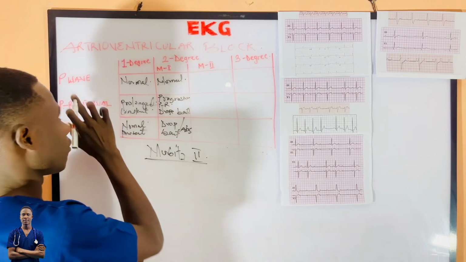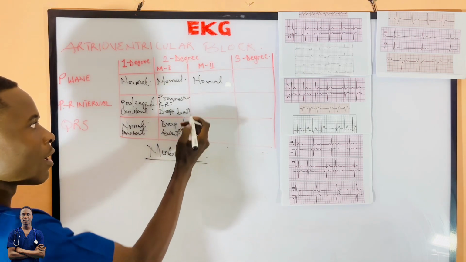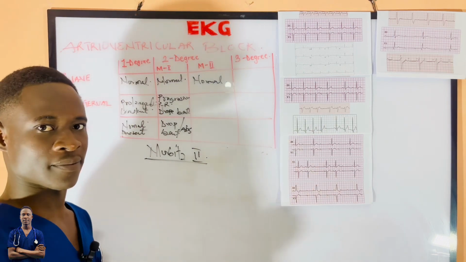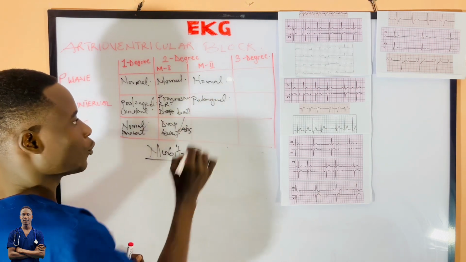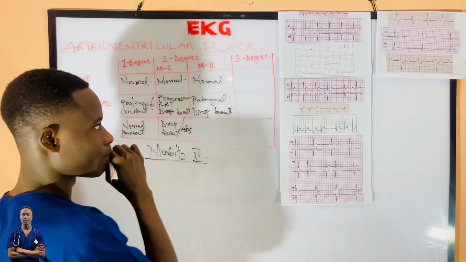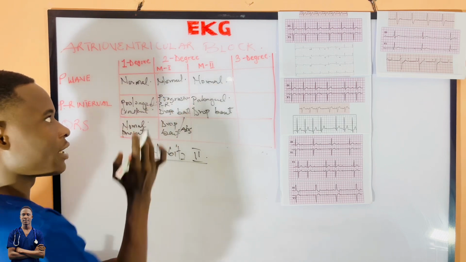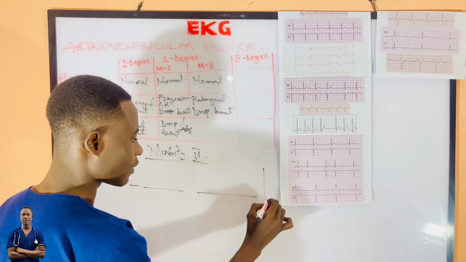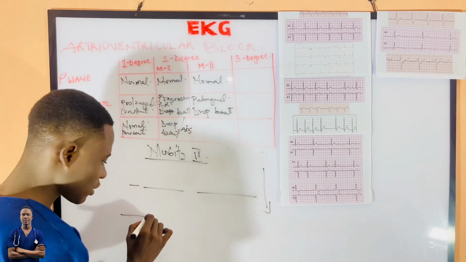between these two. Now, the P wave for the Morbius 2 is also going to be normal. But the PR interval here won't be progressively increasing. It will be long, prolonged, and then you find a drop beat. You find a drop beat. So unlike the Morbius 1, which will be increasing until there's a total blockage,